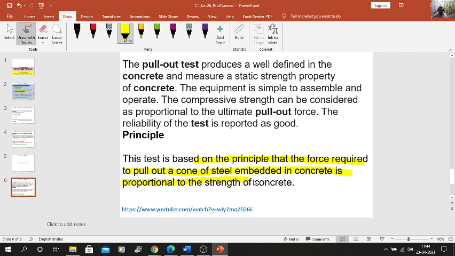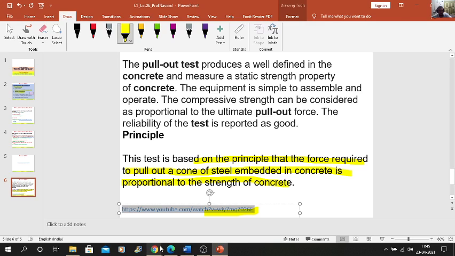So you can see the video of the pull-out test if possible. You can see here, this link is provided. Just copy the link or click on the link.